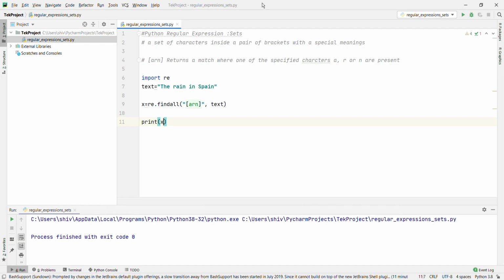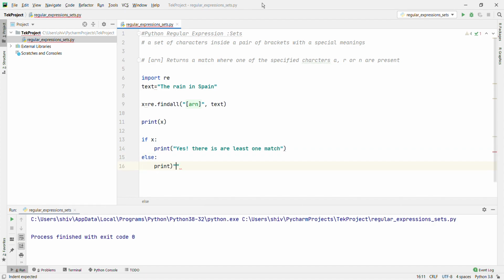Print x. If x is found, then print yes, there is at least one match, else print no match.